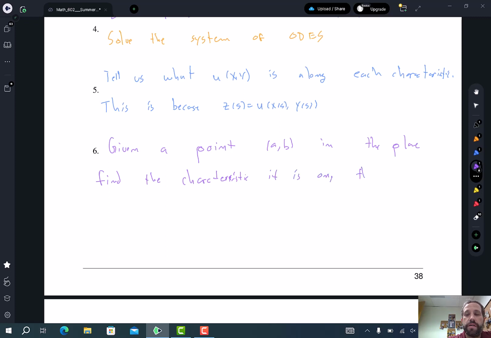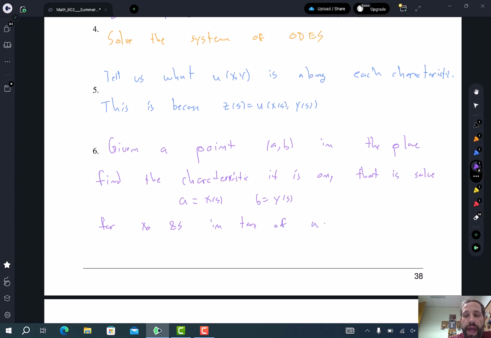That is, solve the equations a equals x of s and b equals y of s for x naught and s in terms